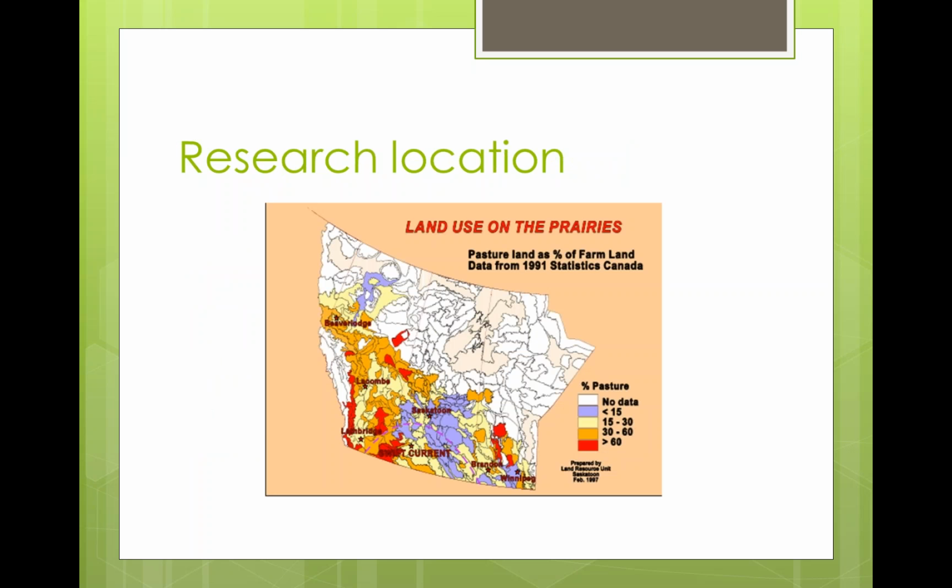So, location, well, I'm talking to you actually from Swift Current, Saskatchewan, which is the center of the prairies. I'm in the southwest portion of the province, which is a semi-arid region, which means we get about 13 inches or 350 millimeters of precipitation per year. It's fairly dry. If you're looking at the map on the screen, what you will see is that it's also located in a region with a good amount of livestock production, mainly beef cattle, and it's also associated with some of the last remaining endangered habitat known as prairie,